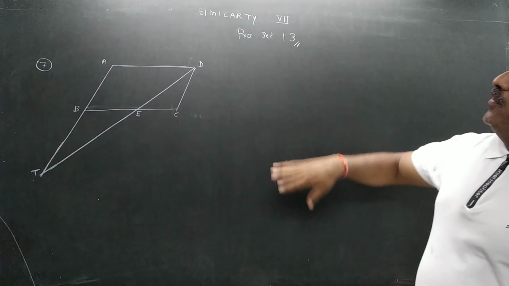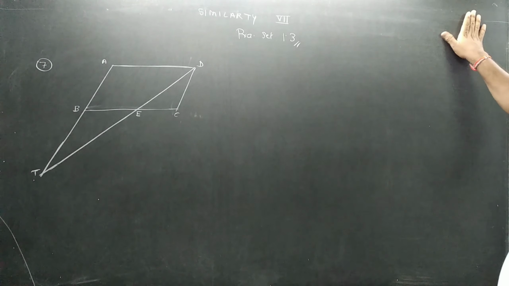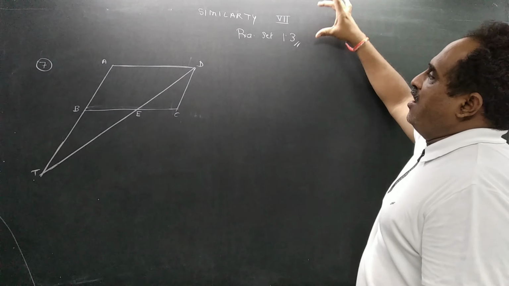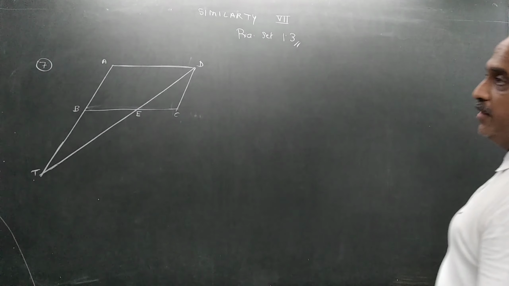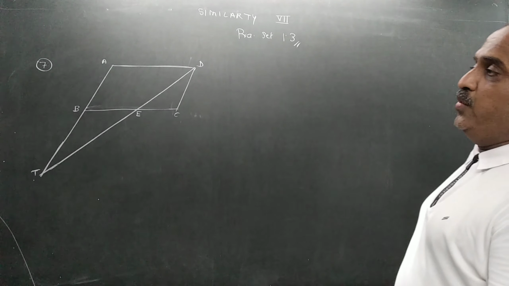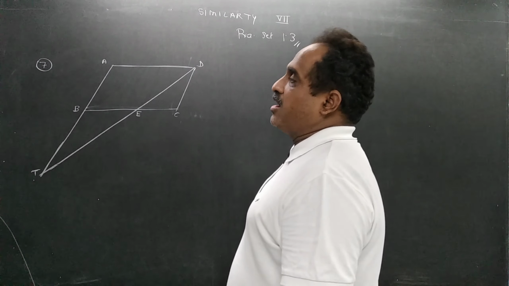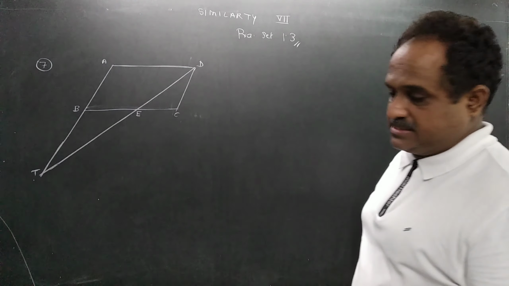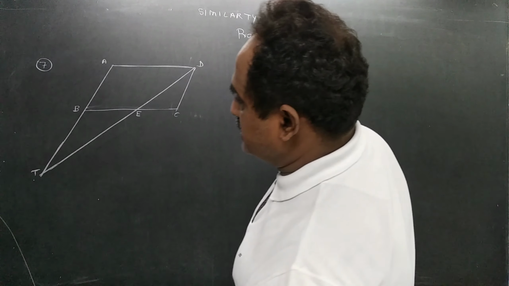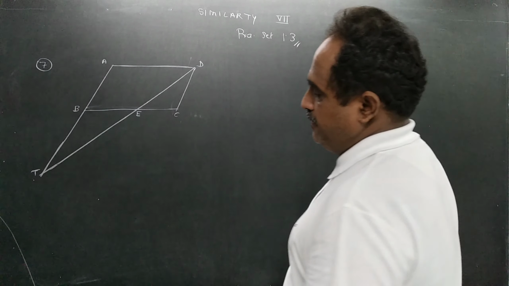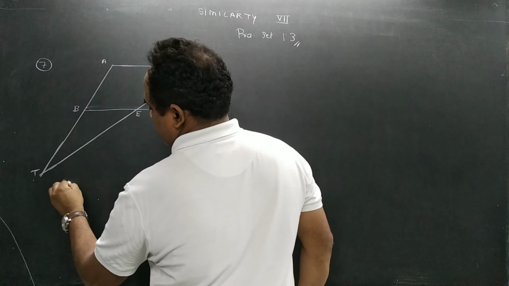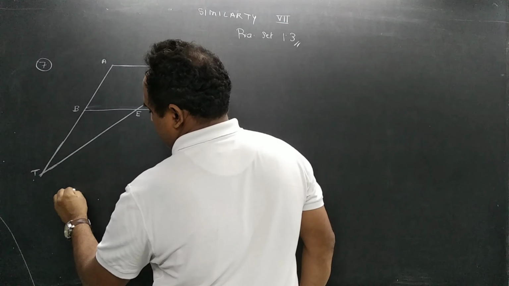Now we are going to start with the similarity part 7. Now we are on practice set number 1.3 and we are going to do question number 7. We have completed up to question number 6. For this question number 7, they have given that